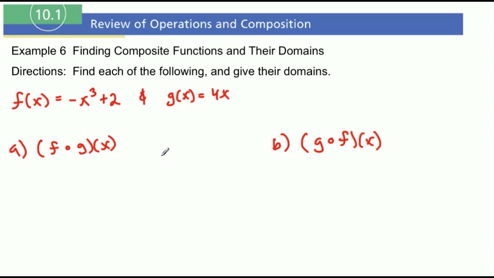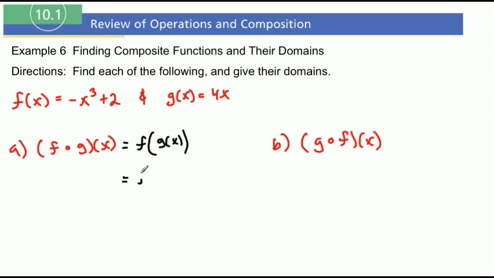All right, so what we're going to do is find each of the following, same thing like example number 5, and then we're going to find their domain. All right, so f of g of x. That means we're going to find f of g of x, which then means actually we can